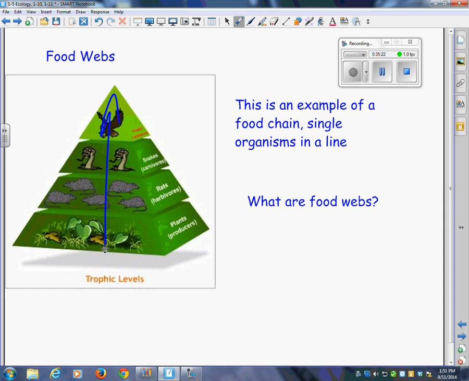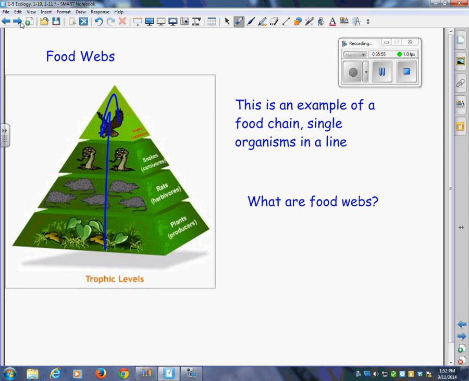So what are food webs? How would you describe a food web? Reese? That's what animal you get feeding that animal, and that animal eats, like it keeps going out. Okay. Is that any different than food chain? Not a lot. I mean, I know what you're saying, and I think you've got a picture in your mind, right?